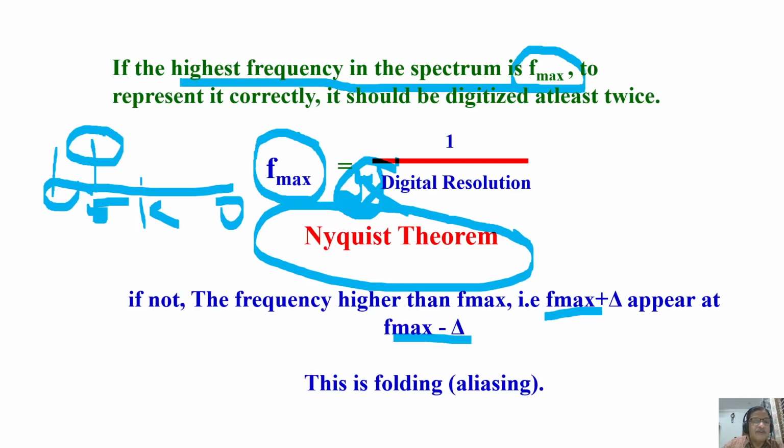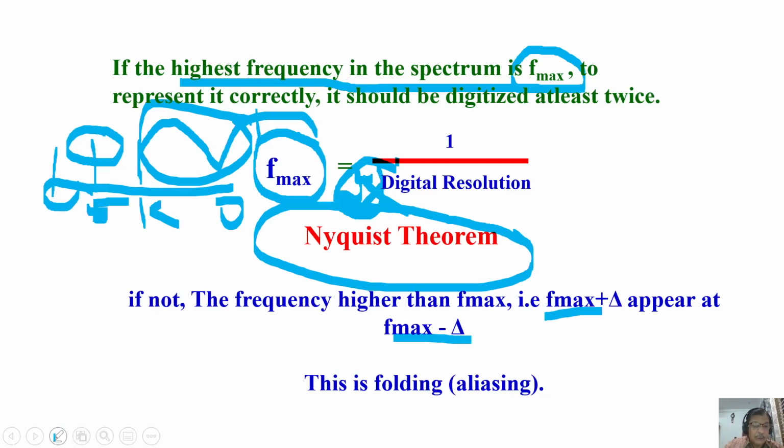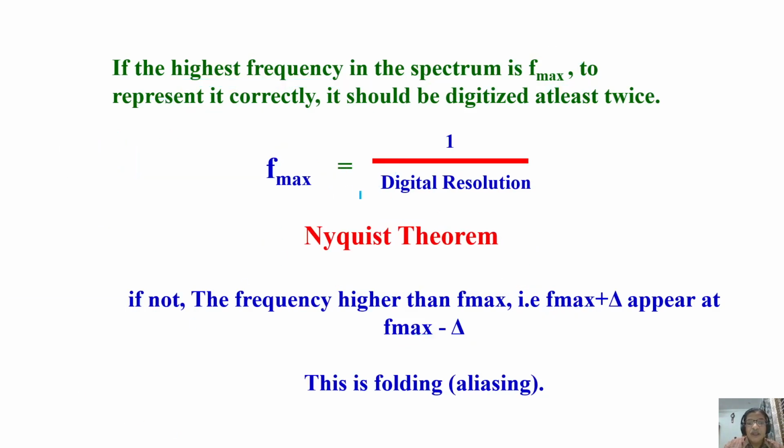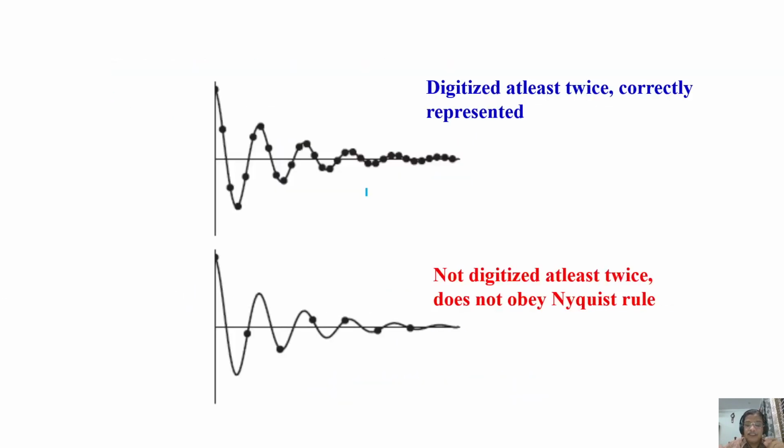What happens if the frequency is, let us say, like this, you digitize 1 point here and 1 point here, you will definitely miss it. So it cannot happen. Of course it should be minimum 2. You have to have 2 data points per peak. More than that doesn't matter. So this is what it is. According to this Nyquist theorem, the highest frequency should be at least twice digitized. That is the Nyquist theorem. Otherwise, folding will occur.